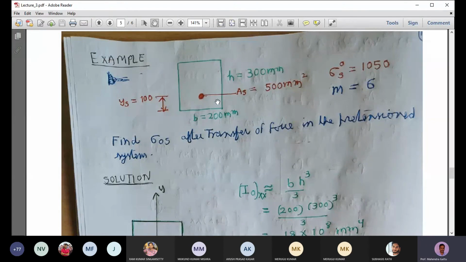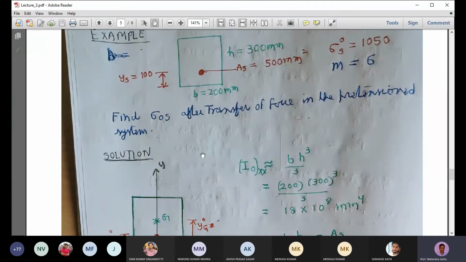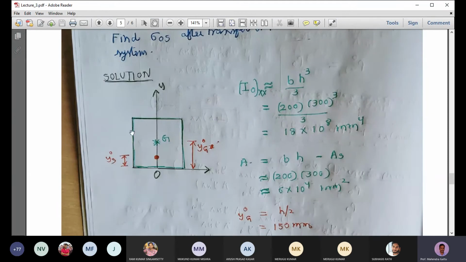Okay, so the location of the pre-stressing strand is given. It is at a distance of 100 millimeters from the bottom. So very simple. We'll have to apply those two formulas. So first thing is we look at the area of cross section, and we take the origin at the base, and we have the y-axis. We can locate the center of gravity. We'll locate the pre-stressing strand, which is at y naught s from the bottom. So center of gravity is at a distance y naught g, which is, for this case, rectangular cross section, it will be h by 2.